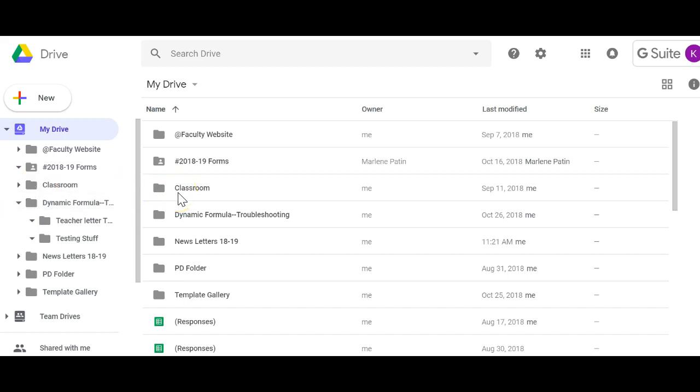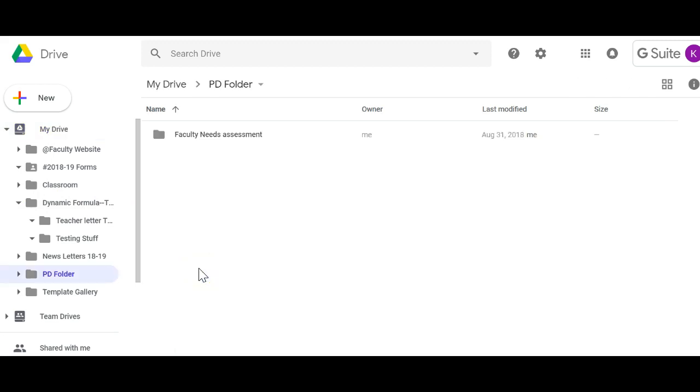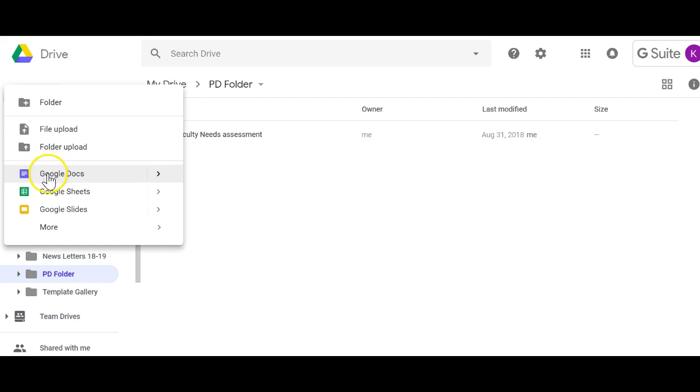Now, my favorite way to do this, and it just helps me stay organized, is just to go to the folder that I want to go to. So if I would like to create a document that I want to be in my PD folder, notice the breadcrumbs at the top. It always lets you know where you are. Notice how this is highlighted over to the side as well. So if I create a new document,